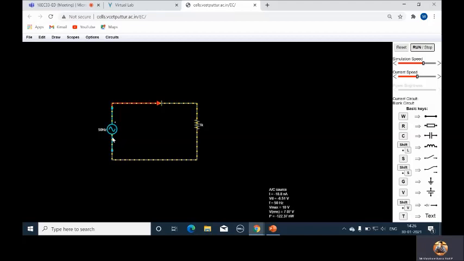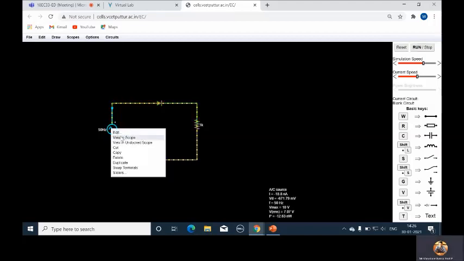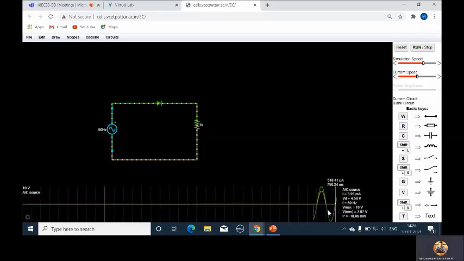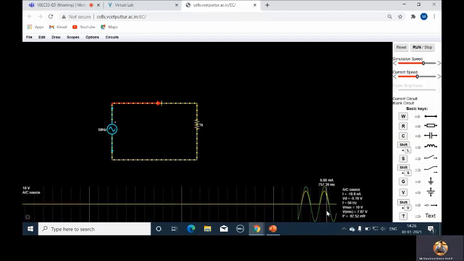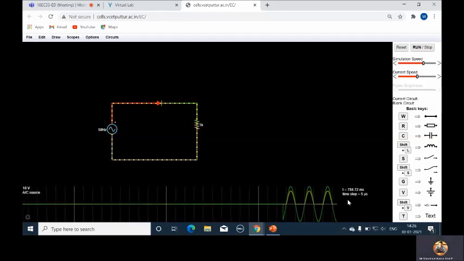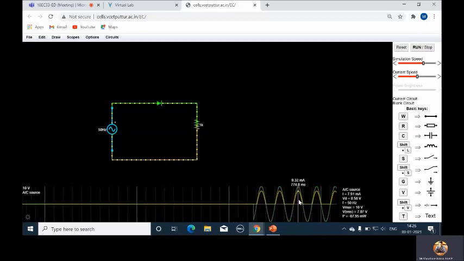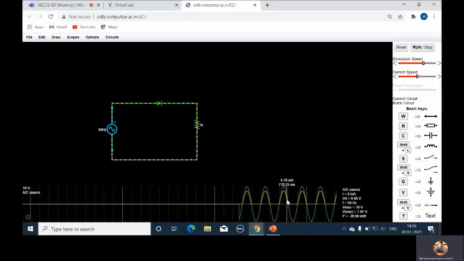Now I want to see the waveform in scope. So right click on this source. Select view in scope. See here, it is showing the waveform. Here both current and voltage waveforms are shown. I want to see only the voltage waveform.